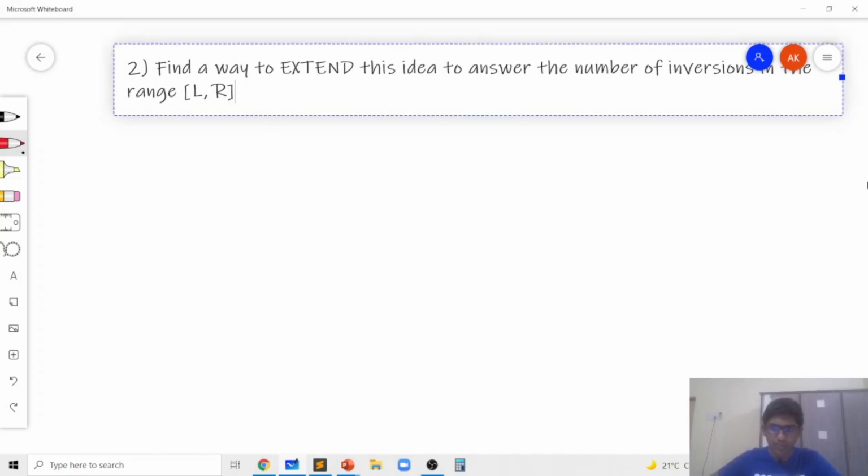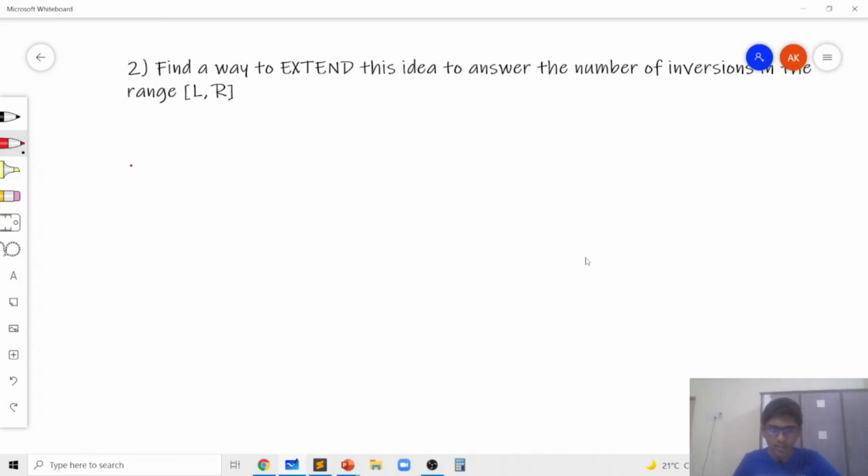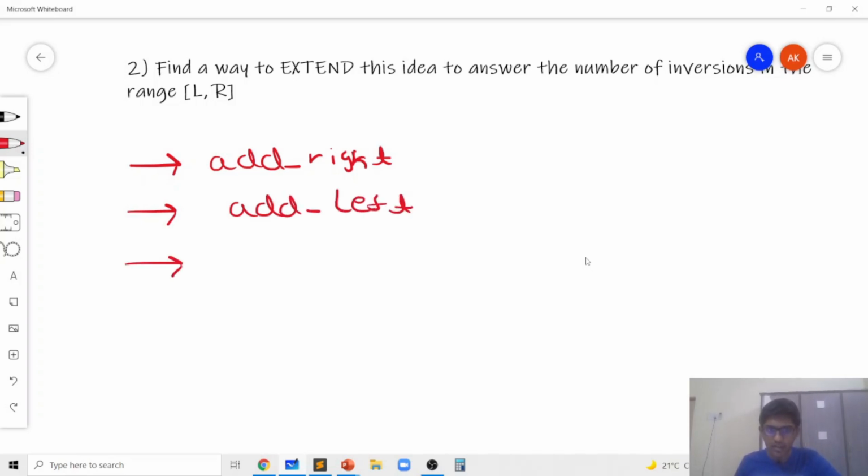The first thing which happens is we extend the range to the right. So we add to the right, or we can add to the left, or we can remove from the right, or we can remove from the left.